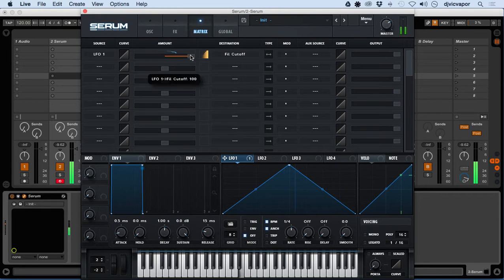As I move this amount down towards 0, you can see that little indicator hovering right in the center, showing no movement at all. And then as we go to the negative amount, it leans over this side and shows that we're weighted towards the negative side of the modulation amount. So positive, negative,